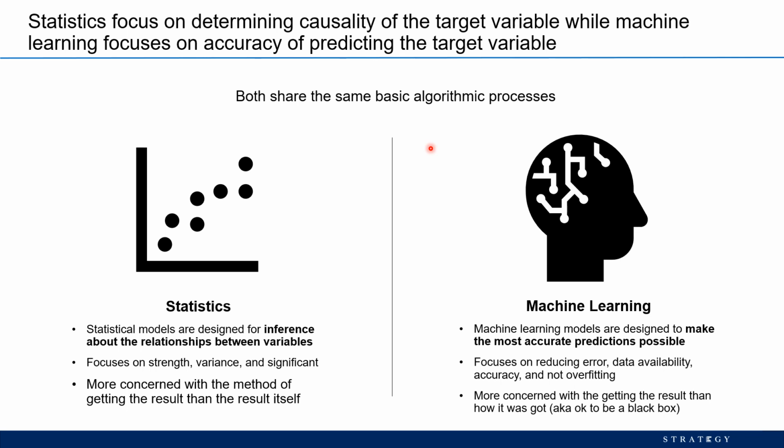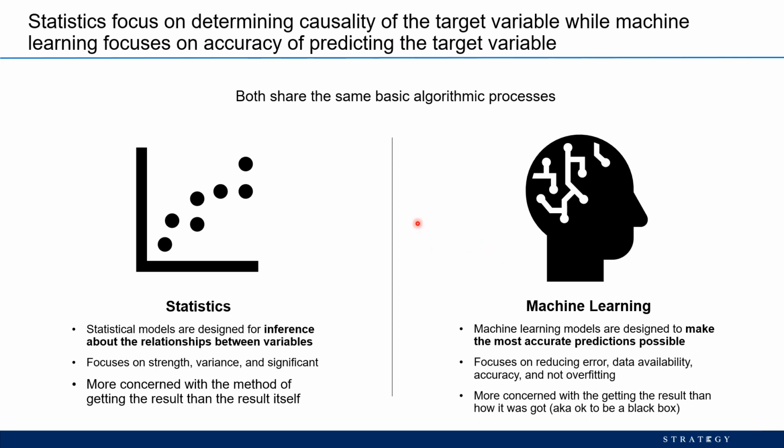And that's what you have to ask yourself when you're faced with taking a statistical approach or a machine learning approach: am I looking to explain the causality between variables? If that's important, then I need to focus more on taking a statistical approach. Whereas if I'm focusing on making the most accurate model possible, then I would take more of a machine learning